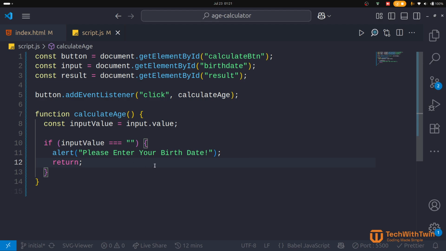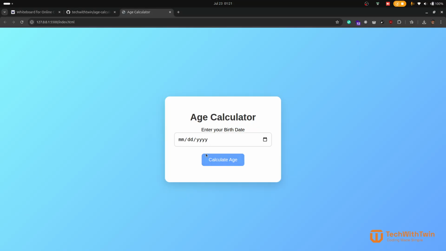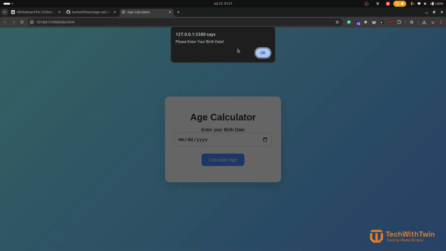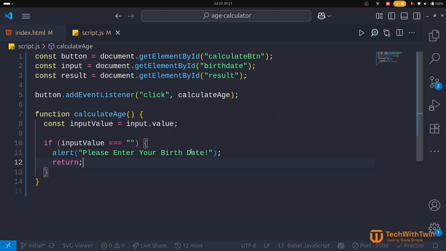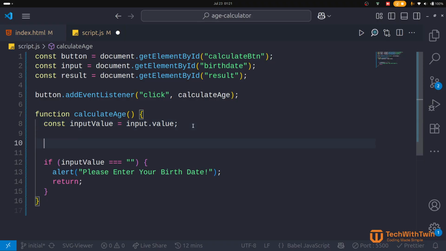So let's go back and see. We currently don't have any value, and if we try, we prevent the calculation from continuing. Something else you might notice is that in JavaScript, you have something called truthy and false values. So we do have truthy and false values. Let's focus on false values. This is a value